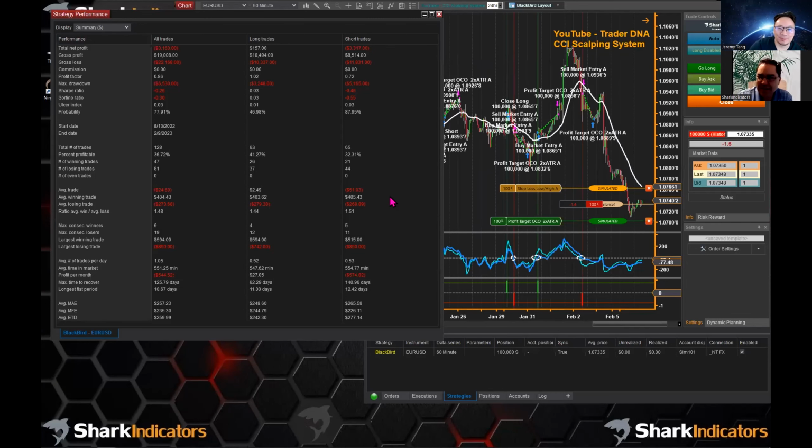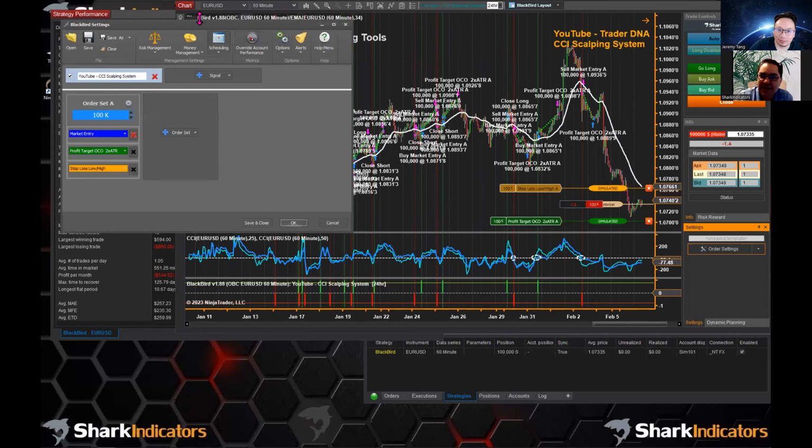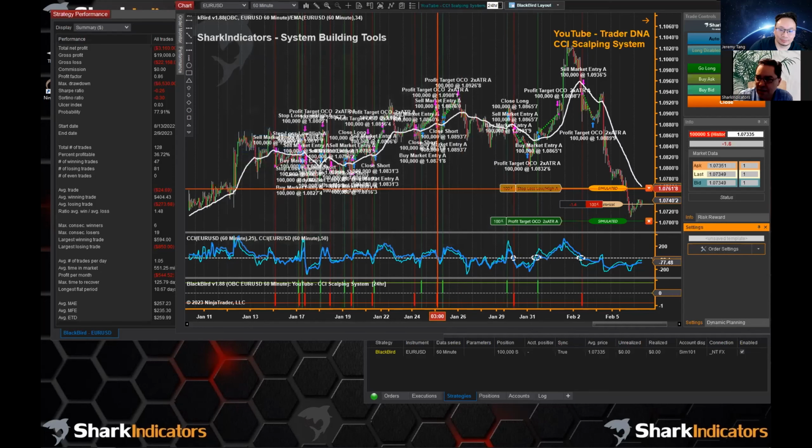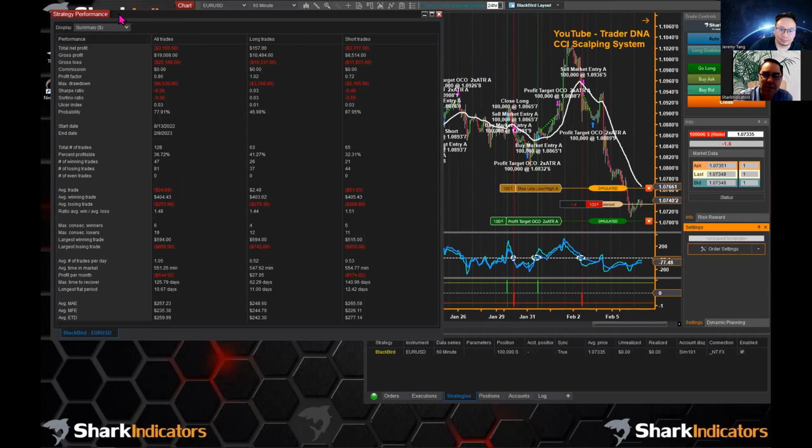And one other thing here that I didn't take a look at is what contract size. So I'm using a standard lot contract size there, just so we can put this in the correct context of what Forex lot size was being backtested.